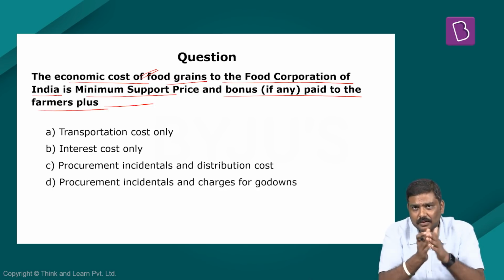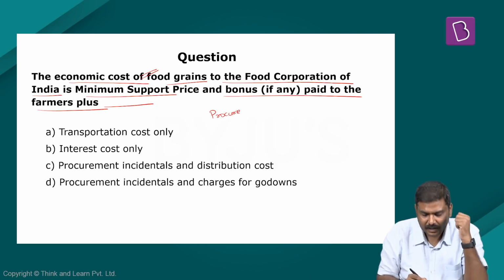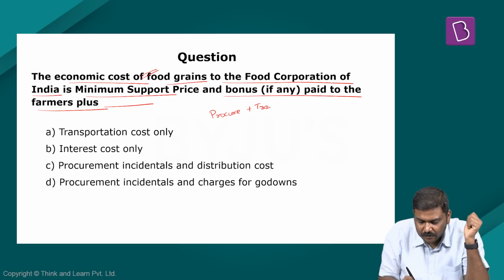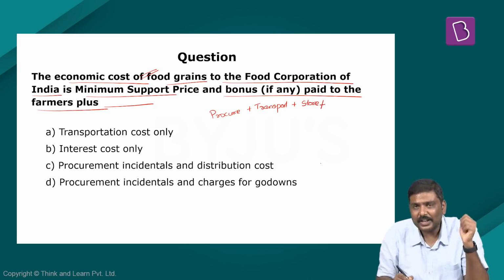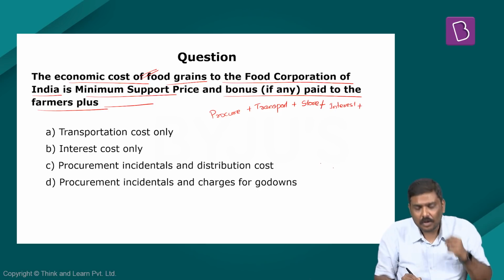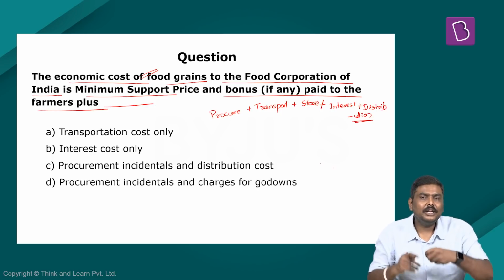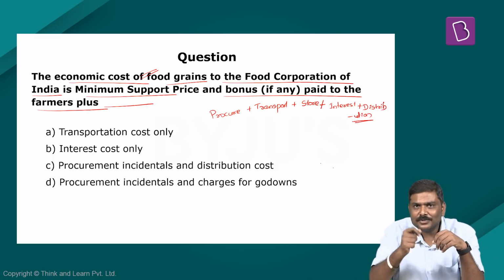What are the activities? First, government has to procure the food grain, then government has to transport these food grains. Government has to store or warehouse it. Government, if it has borrowed from someone else in the market, has to pay interest on these borrowings. Government also has to pay distribution cost. These are generally the expenditures incurred by the government in order to ensure that the food grains will reach the